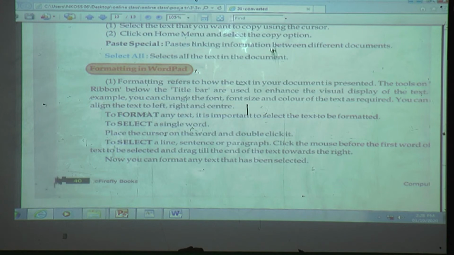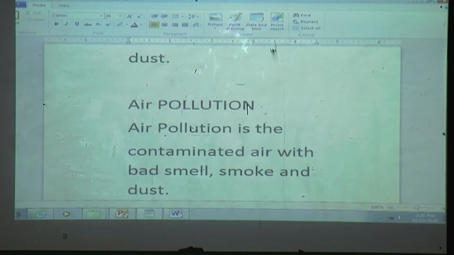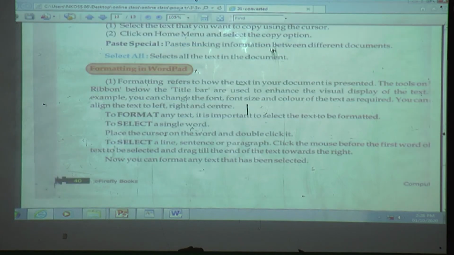What is meant by left alignment? It means all the document is on the left side. Right side means all the document we write in WordPad is displayed on the right side, and center alignment means it is in the center.